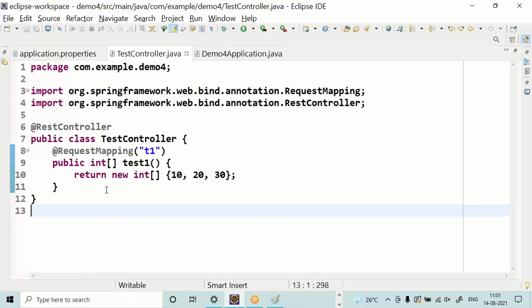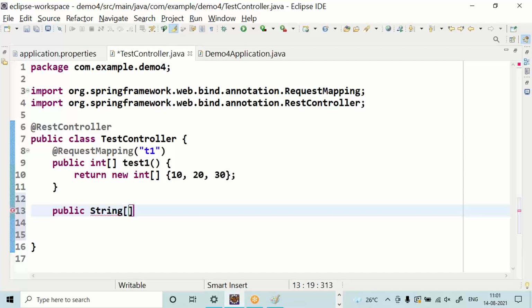Let me develop, guys, a new API. This time, let me go for string array. Test2, everybody.